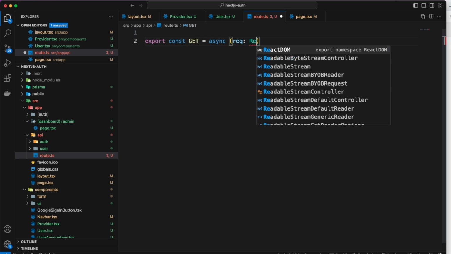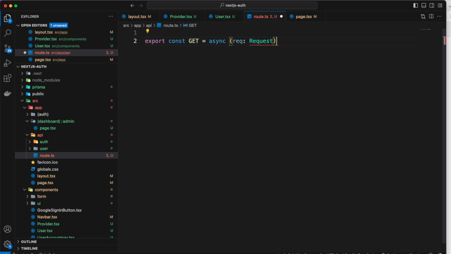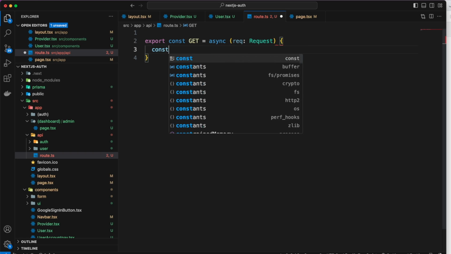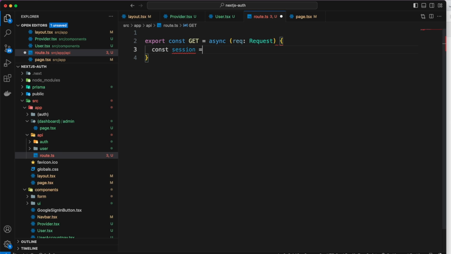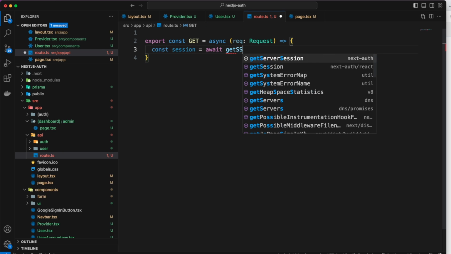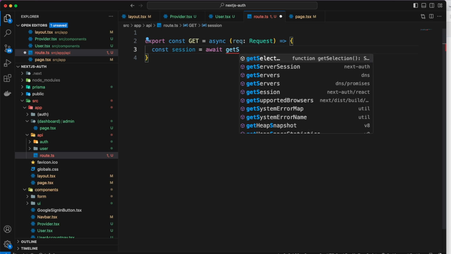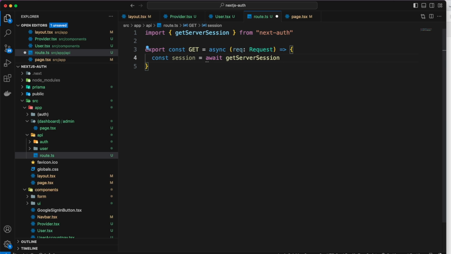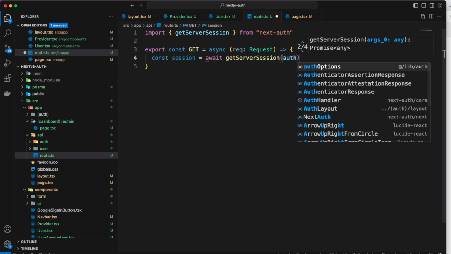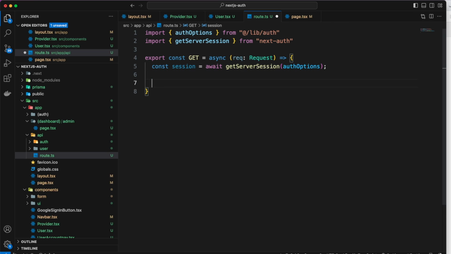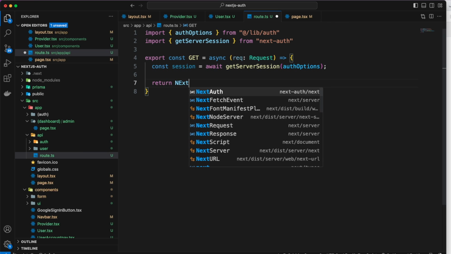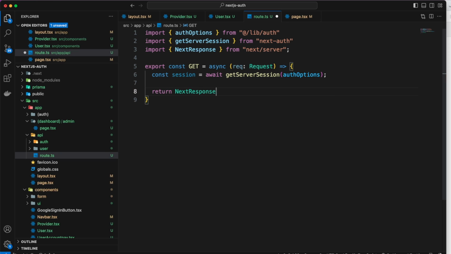This request basically has a type Request like so, and down here I'm going to say const session equals, and we get a syntax error I think here, so we can say arrow, and we can use await, and then here I'm going to put getServerSession, so we can run the getServerSession in the route. So here I'm going to put the auth option like so, and I'm going to say return NextResponse like so .json,